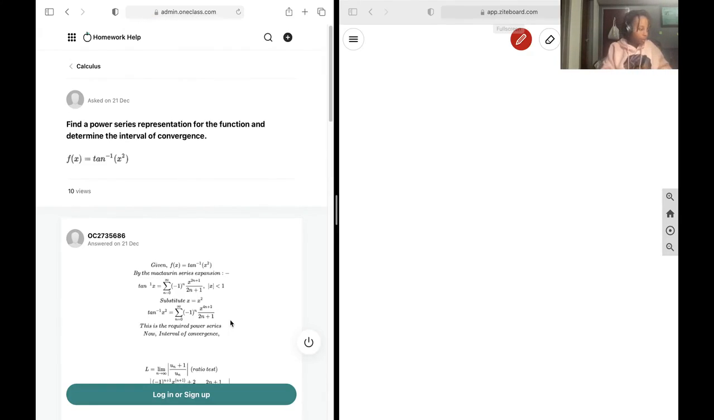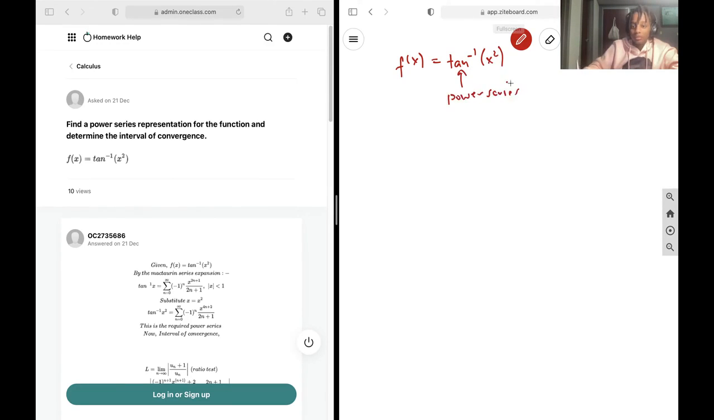For our next question, we want to find the power series representation for this function. So if we have f of x is equal to inverse tangent of x squared. First we're going to need to find the power series representation for the inverse of tan. And so we know that the derivative of tan inverse x is equal to 1 over 1 plus x squared. So we can just rewrite this